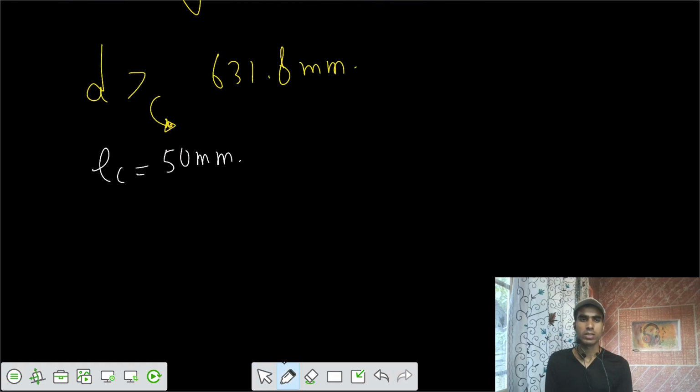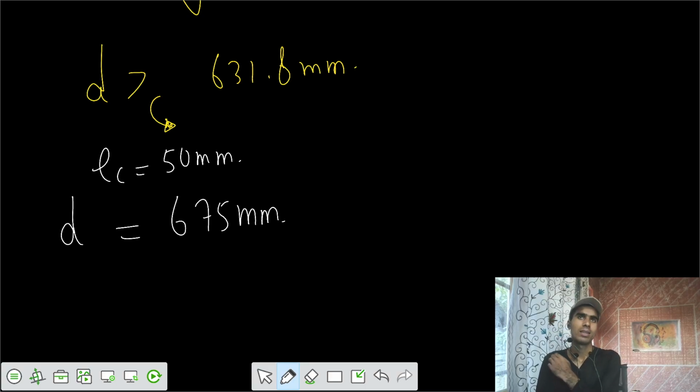Let's say that I'm going to take D as 675. You can take any suitable value, it's up to you, because you are the designer. You can take 670, 680. If it is failing, then you have to revise the section. Better is to take around 50, 60 millimeters more than the D required. So let's take that